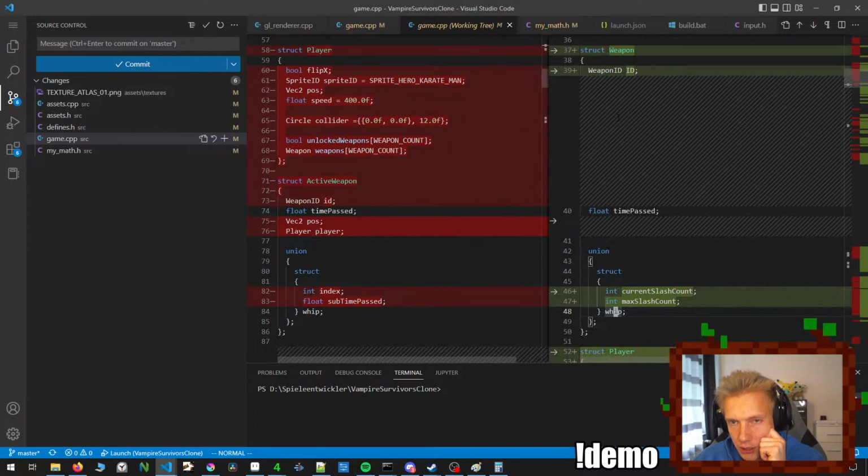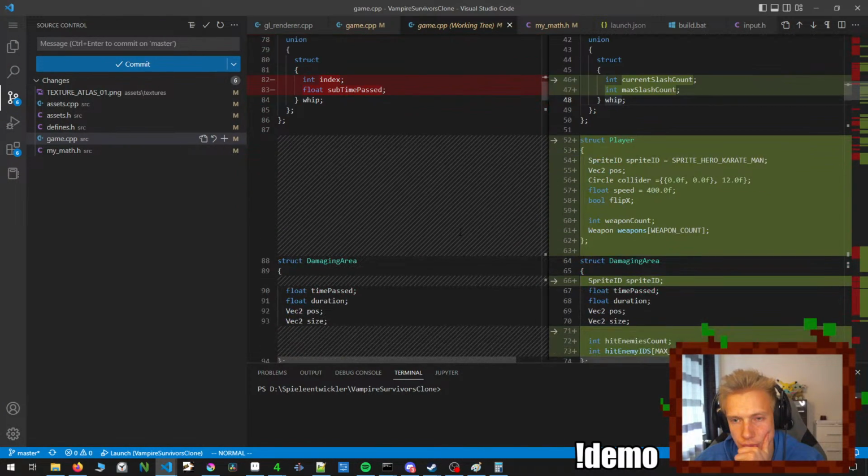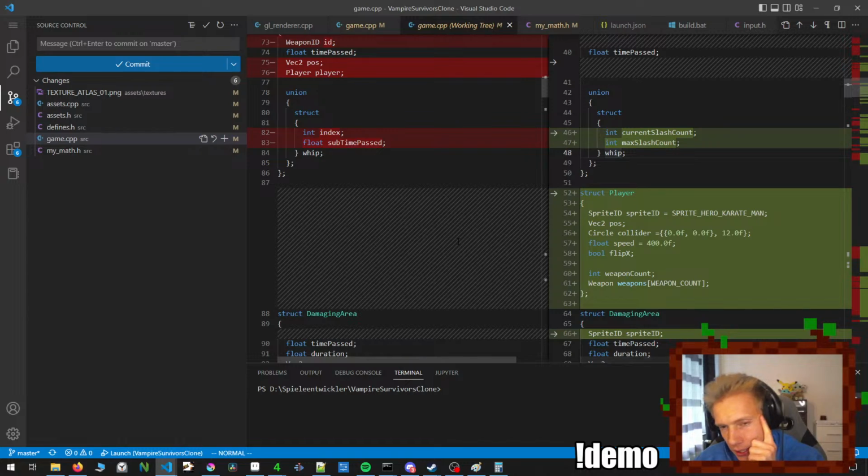But we could also rework this to have an active weapon. Like this active weapon is something I deleted. We could merge those together in a way so that this part right here can edit this here? Huh? Can't edit that here. Well, we could just